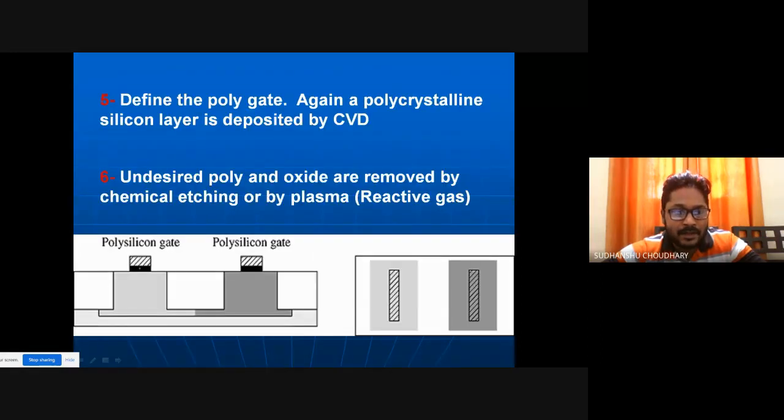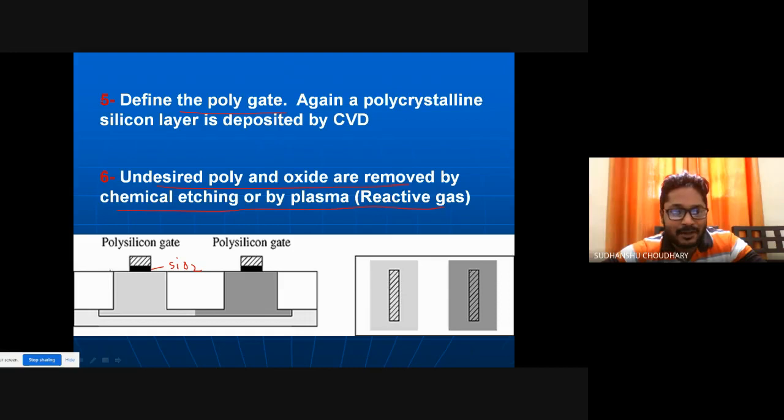Then after depositing the silicon dioxide, you deposit the polysilicon gate. Again, this polysilicon gate is patterned by using the same photolithographic process, so you define the poly gate. Undesired poly and oxide are removed by chemical etching or plasma.